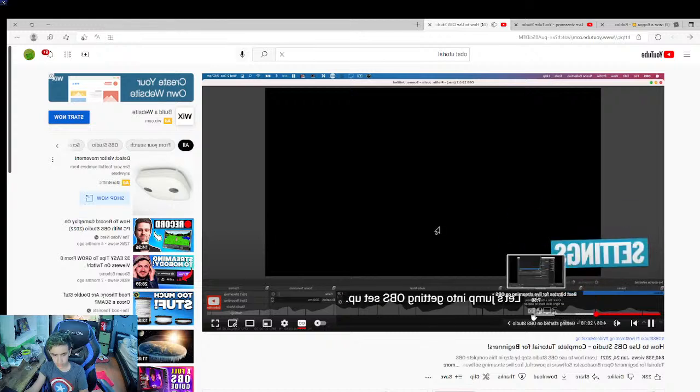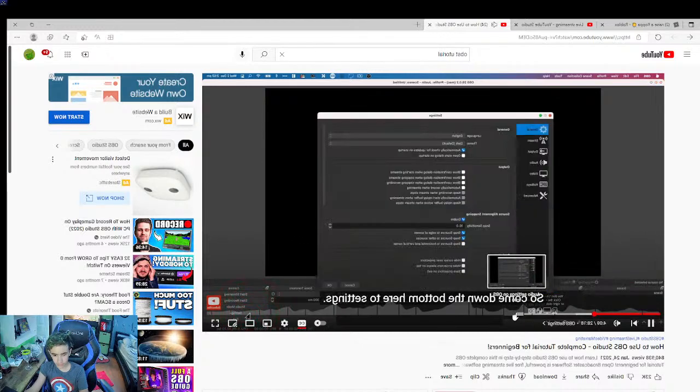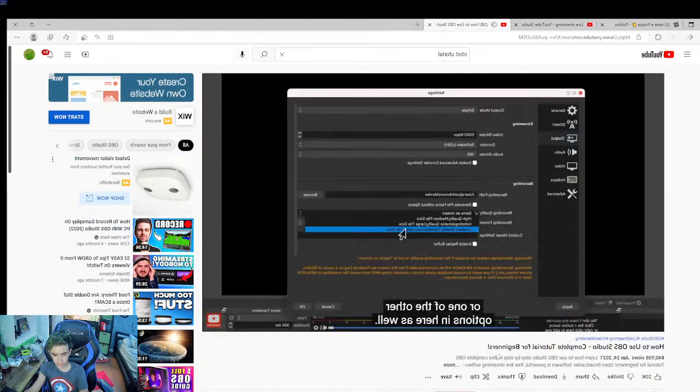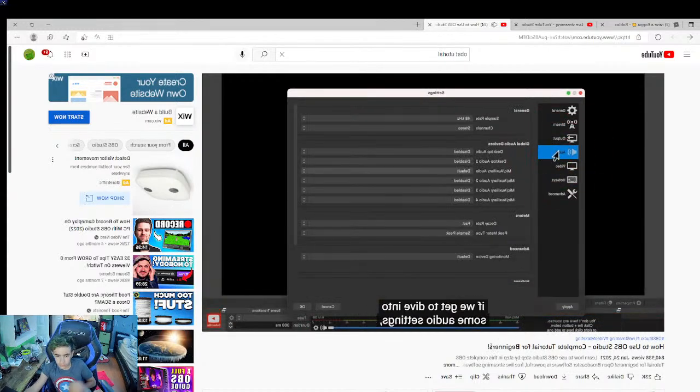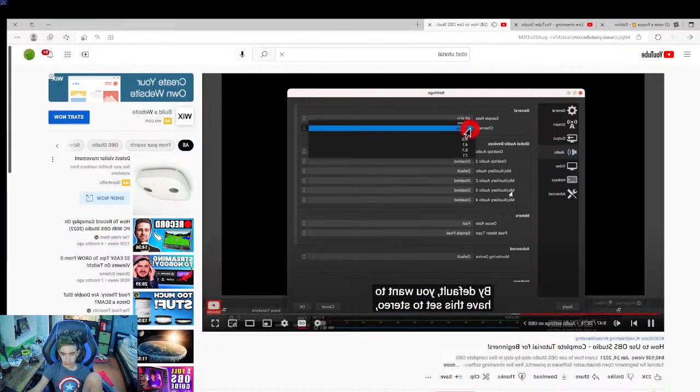Let's jump into getting OBS set up. So come down the bottom here to settings. Now a lot of the settings in here are going to be fine by default. Now this next area here, audio, is where obviously we get to dive into some audio settings. Now there's really only a couple in here that you need to look at. The rest are going to be fine by default. The first one is your channels. By default you want to have this